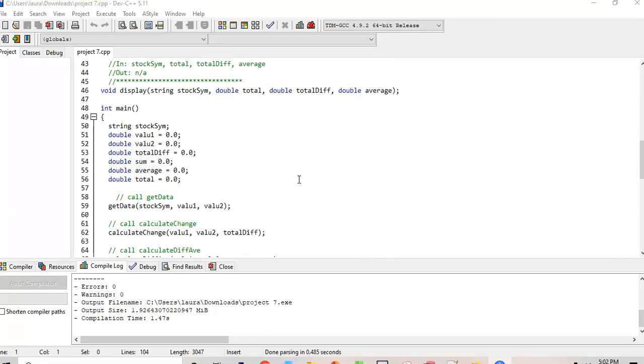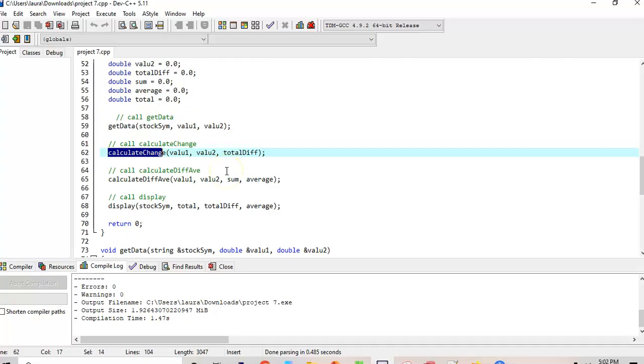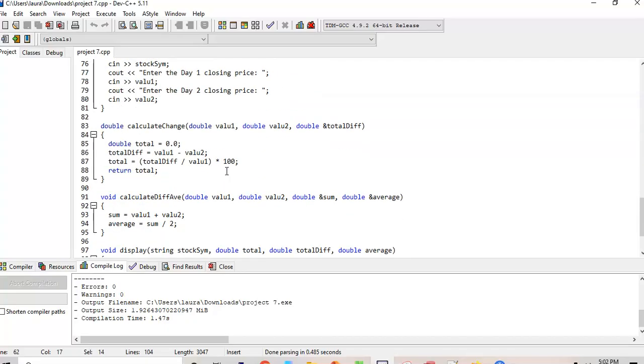So down in main, when you call calculate change, you send in value 1, you send in value 2, and you send in total diff, which is a 0 at this point, right? Nothing's happened. So down then in calculate change,